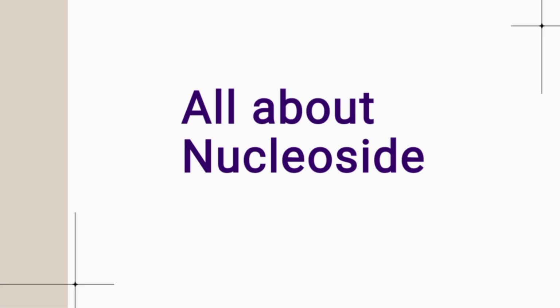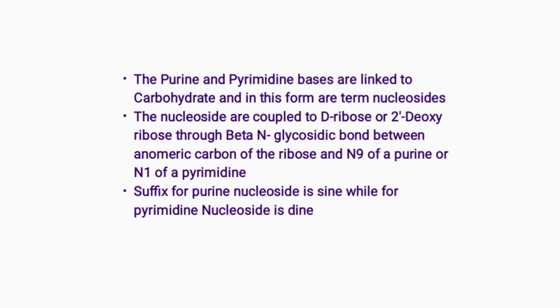Hello friends, today we learn about nucleosides. The purine and pyrimidine bases link to carbohydrate, and this is called a nucleoside. The nucleosides are coupled to D-ribose or 2'-deoxyribose